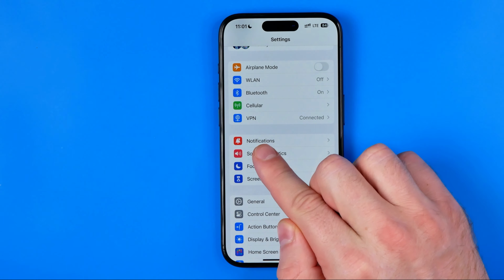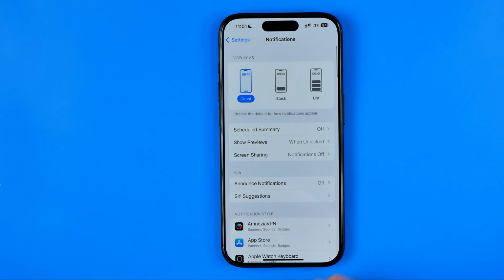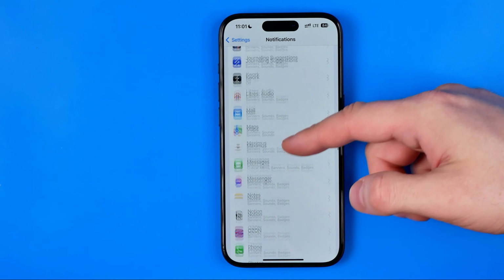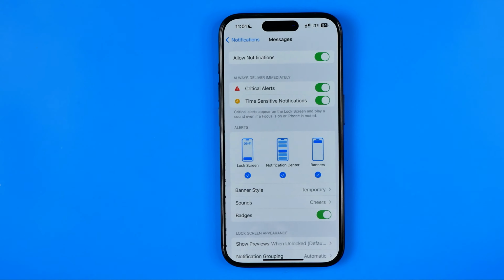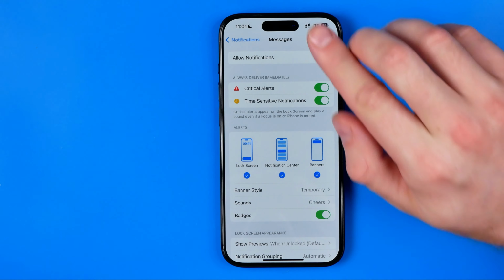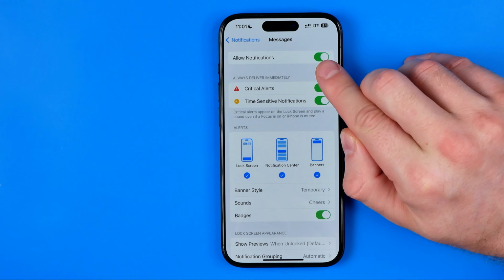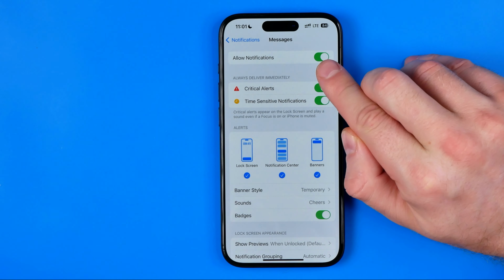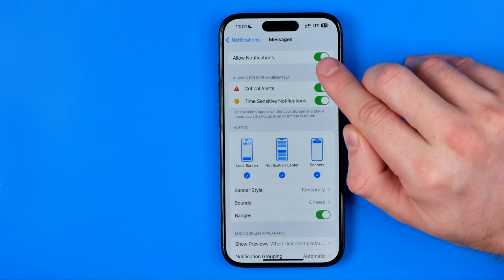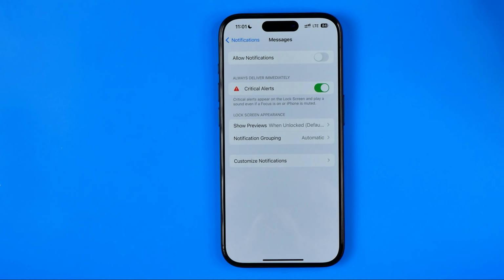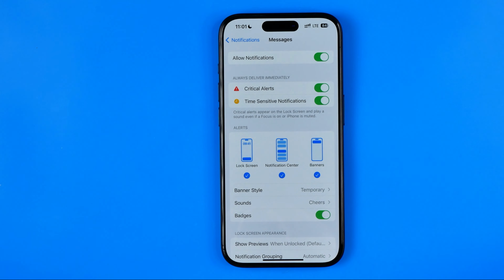After that, tap right here at Notifications and then scroll all the way down until you find Messages. Then get into it. That's where at the very top we can easily find the Allow Notifications option, and if you would like to completely turn off all notifications from the Messages app, all you have to do is just turn off this switcher. However, if you would like to keep getting notifications from Messages but you want to silence it, I recommend